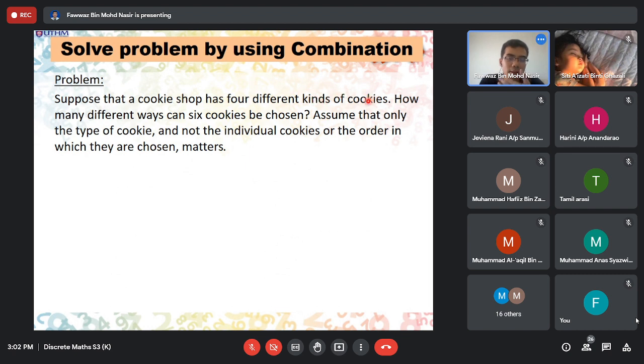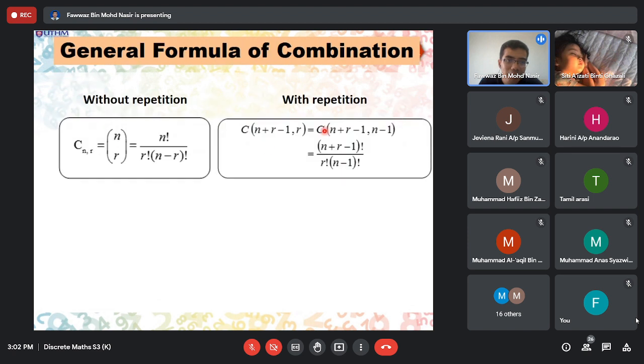of cookies, right? So dalam kes ni, sebab kita nak select 6 cookies tapi ada 4 different types of cookies ni, so ada cookie yang kita perlu pilih a few times. Okay, so in this case we use formula yang with repetition tadi. So you just identify the n and r value. Okay, kita pakai formula ni, kita identify the n and r value, then we just substitute those values into kita